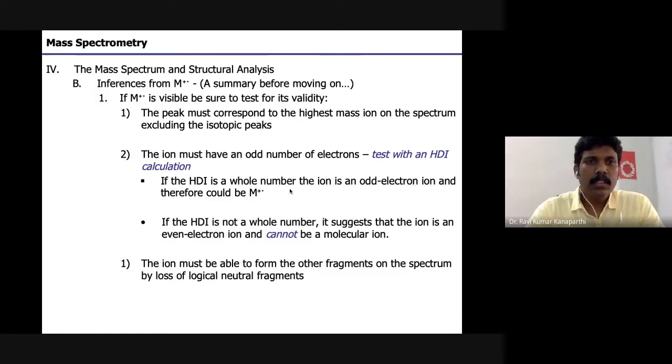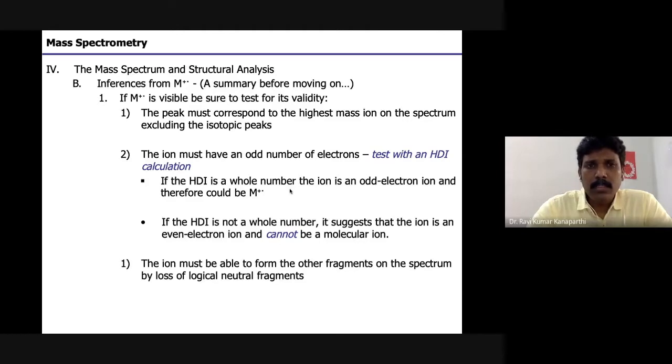Good afternoon, students. Today we will be discussing the point at which we have stopped. From there onwards, we will be discussing mass spectrometry. We are trying to understand some general principles and general protocols to be followed, or to be understood by everyone before interpreting the mass spectral data, right? I have discussed a couple of general points, and today also we will be discussing a couple of general points. Then let me summarize before we go to the next topic of discussion.